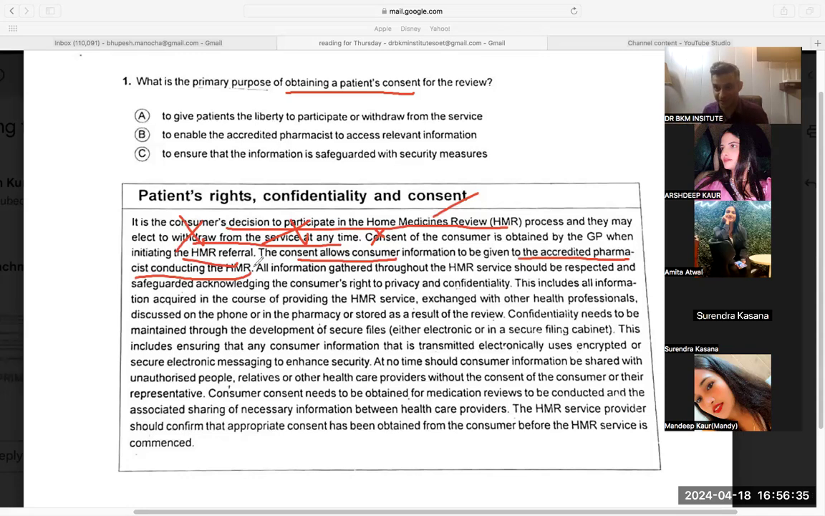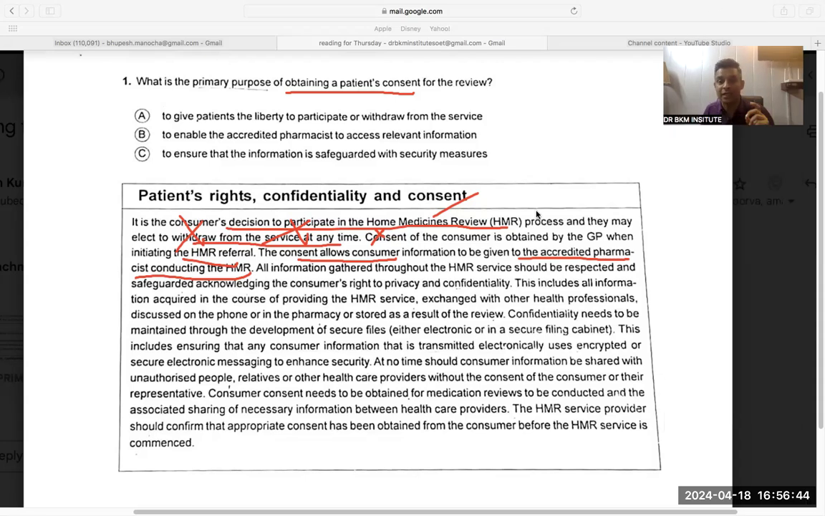This is the purpose. What does a consent do? It is given very indirectly. That's why I'm recording this question. What is the purpose of the consent? Consent